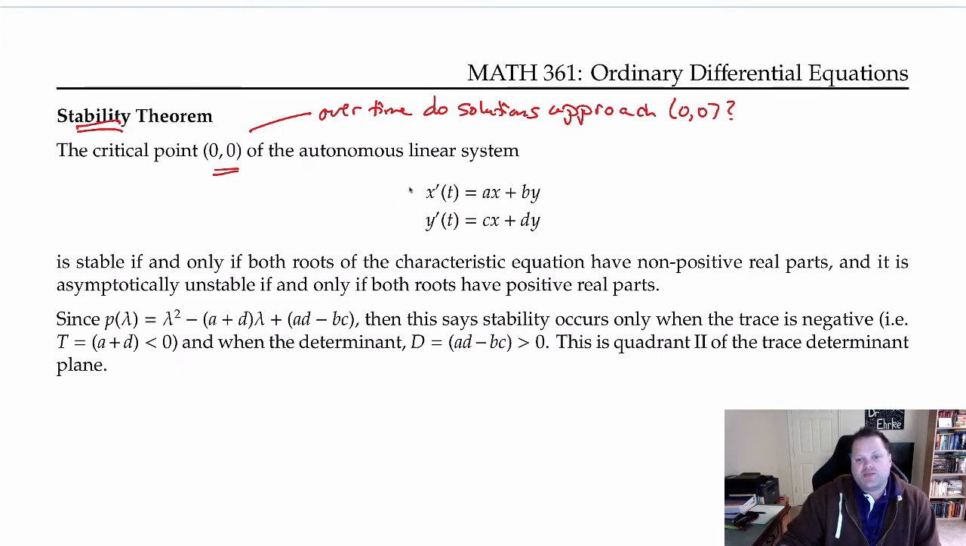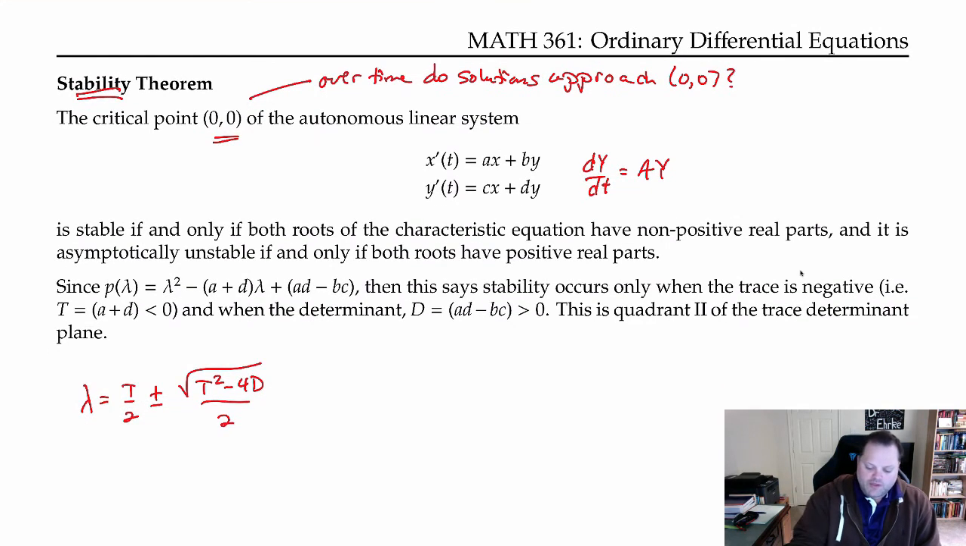Well, we've seen various behaviors today, and what the theorem says is exactly the behaviors that we've witnessed. This system we've been working with today, in matrix form, is stable if and only if both roots of the characteristic equation have non-positive real parts. Okay, where is that coming from? Well, if you go back up, we calculated the eigenvalues in terms of the trace and determinant earlier, and we determined that it was t over 2 plus or minus the square root of t squared minus 4d all over 2. And what this theorem is saying is the only way you get stability,